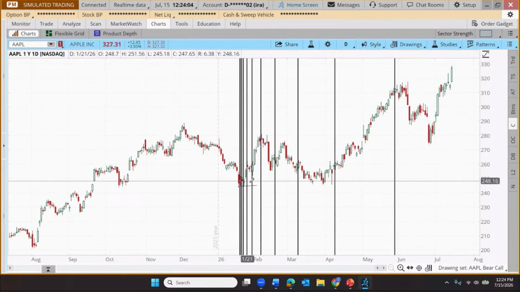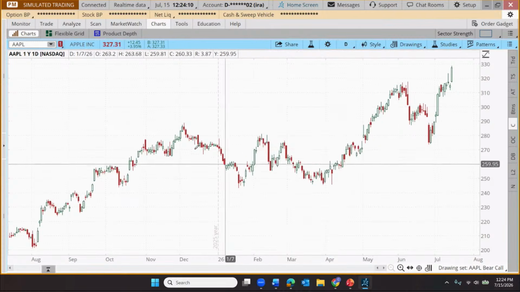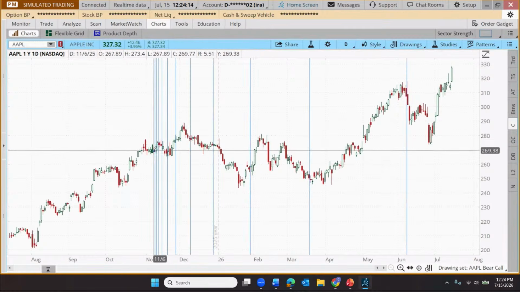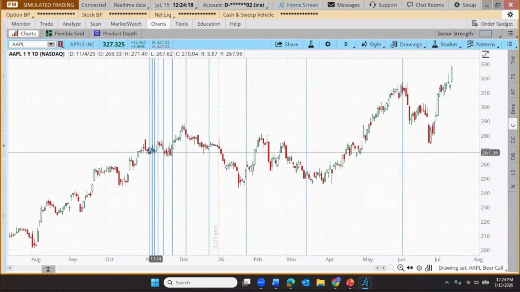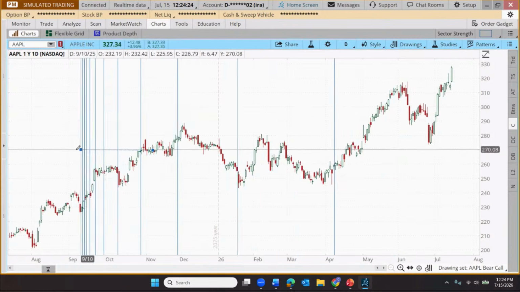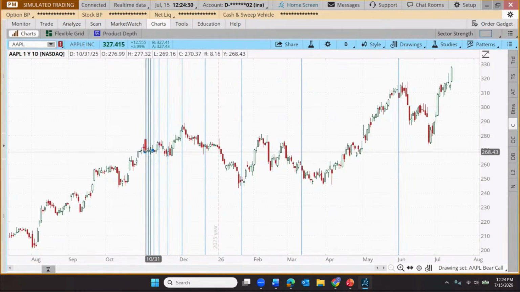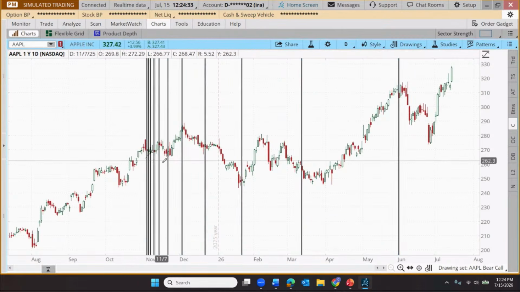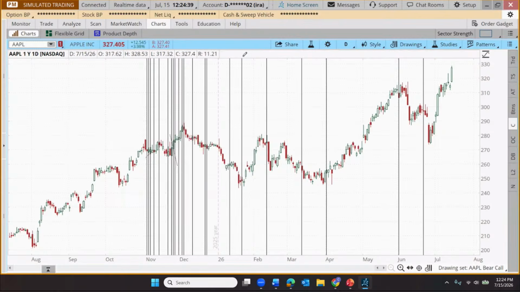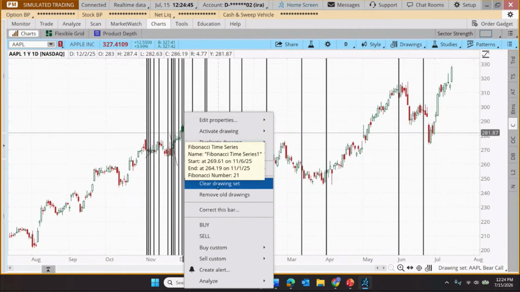And then when we're satisfied that we have it in the right place, we click again. Oh, one other thing that I'll point out here, let me remove this drawing, is if we start to draw a line, let's say that we intended to put it on this high, but we start it somewhere else. As long as we haven't made our second click yet, we can move to the left and it repositions our time series. Okay? Notice that. Further I move to the left, it's just repositioning and drawing out that time series. So once I'm satisfied with where I have it, then I move to the right, click on that, move to the right, click again, you're good. All right, let me clear this up. Let me right click here. Let's just clear all the drawings.